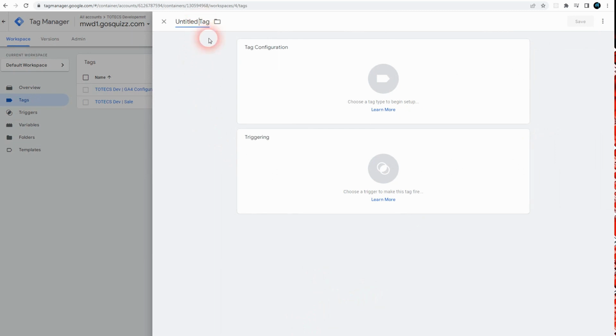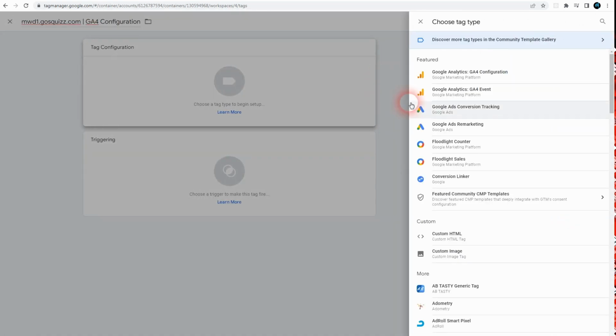We'll give this tag a name, so it's probably best to call it the same name as where our ordering data is coming from on the website. But you can call your Google tags anything you want. Now we want to put in here the pipe character and then the GA4 configuration. So this first tag we're setting up, this is going to directly link that data stream that we had in the Google Analytics account up to this tag. So if we then click on the tag configuration, we need to choose the Google Analytics GA4 configuration tag type.